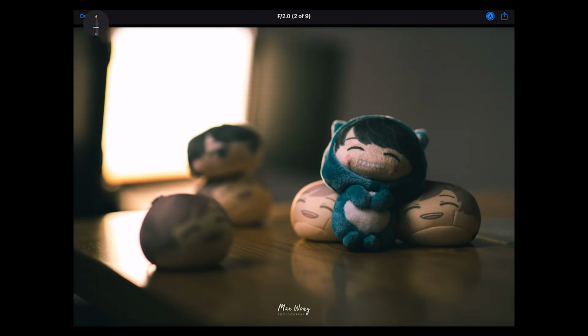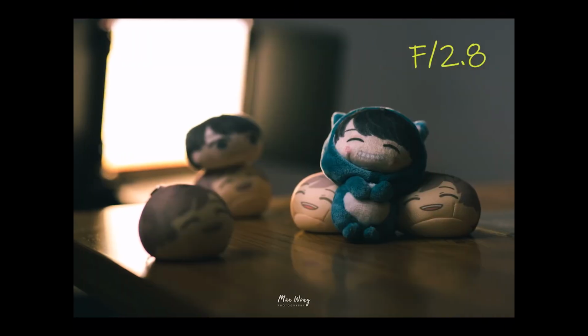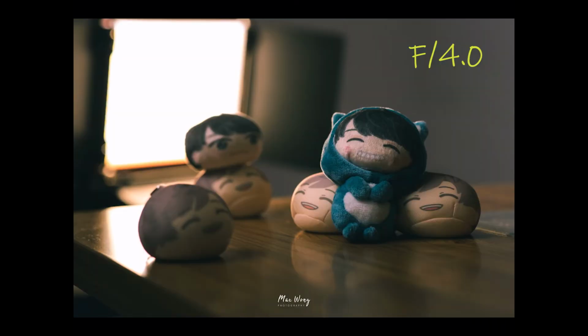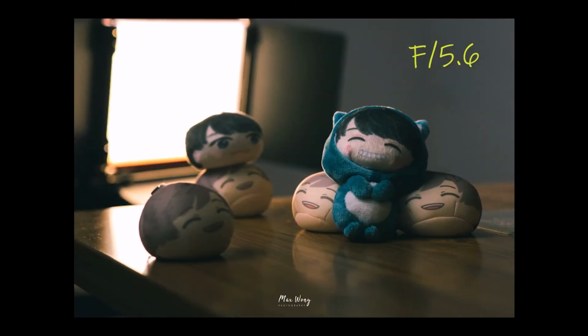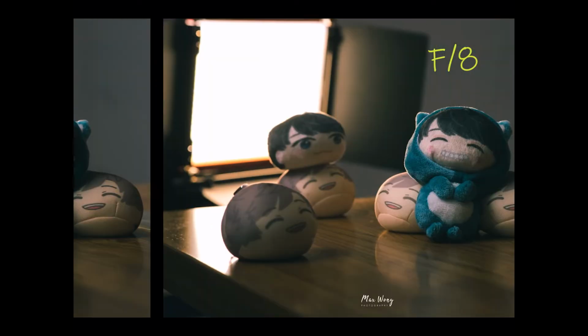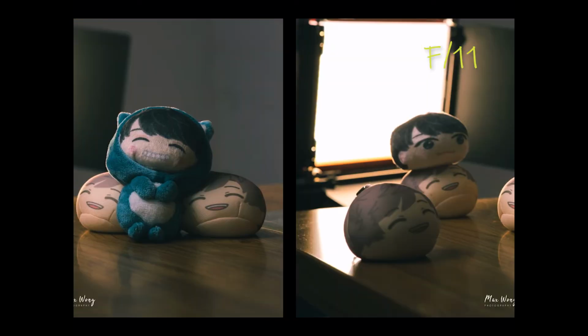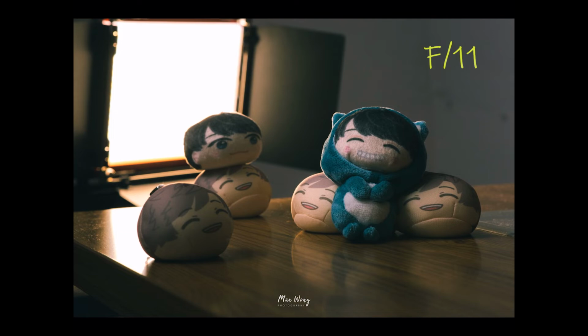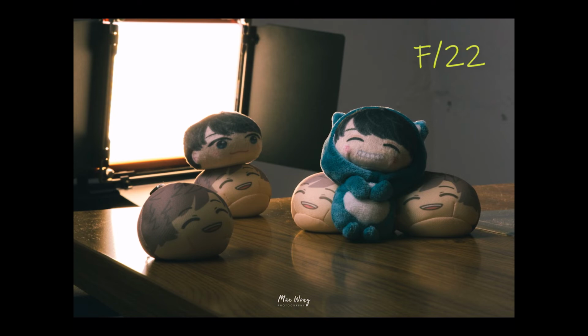Now as we go along, this was captured at f2.0. You may not realize how much the depth of field actually changed. So as we increase the f number to 2.8, 4.0, 5.6, 8, 11, 16, and 22, we can now see that this